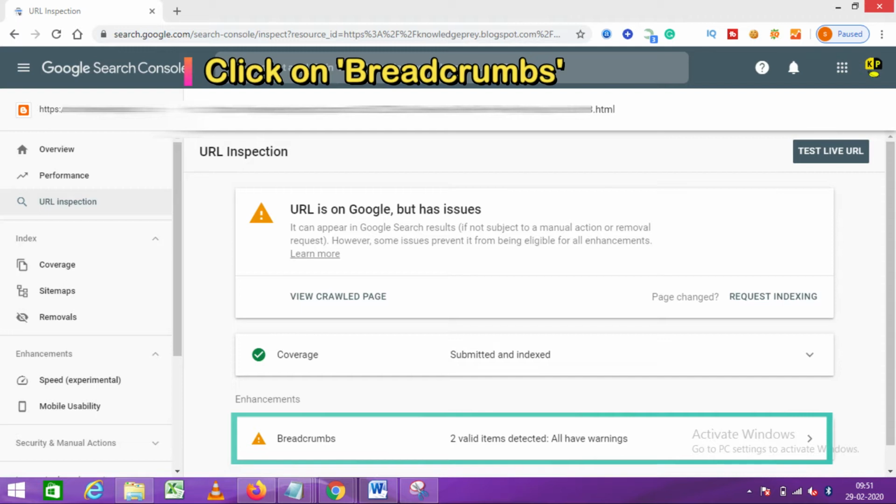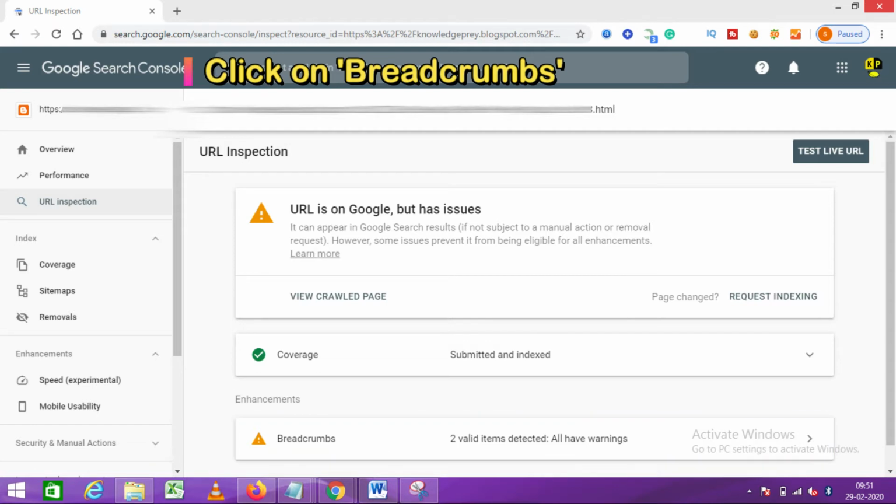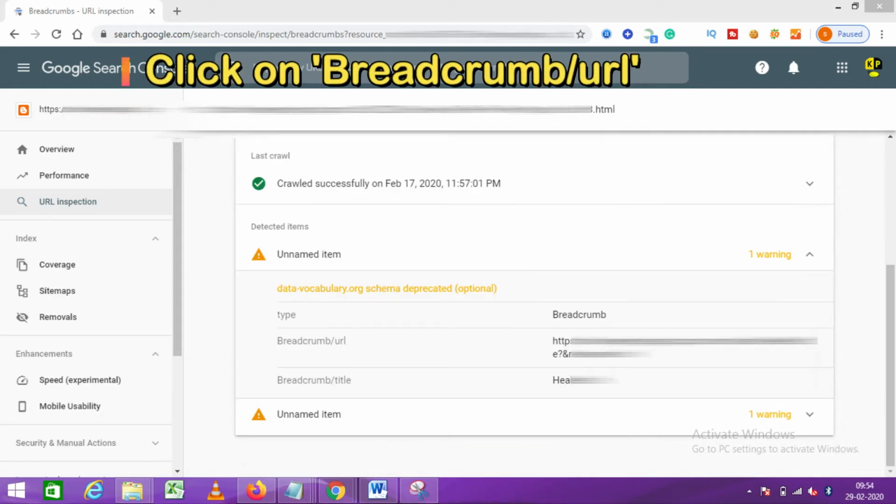Though these are warnings, this can affect the ranking of your web page in Google search results. So if you click on this, it will show like this. Now here you can see datavocabulary.org schema deprecated. Though it is showing optional, it is always better to resolve these types of errors.